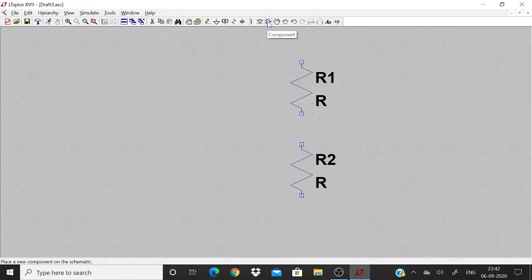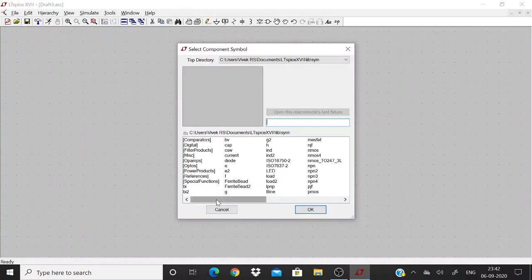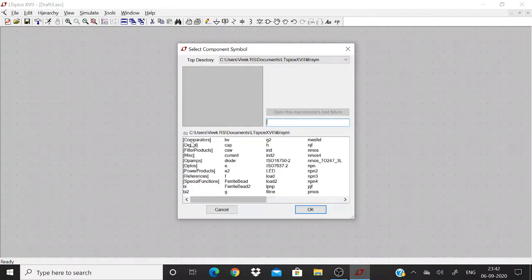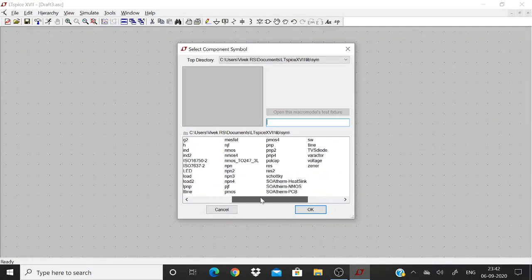Now I have to select one voltage source. You have to come to the component icon, click the component, and from there a lot of components are listed. I can have comparators, digital ICs, op amps, optocouplers, some power electronic products, ferrite beads, and some of the components in this listing were already present by default, and some models were downloaded by me, like some heatsink.